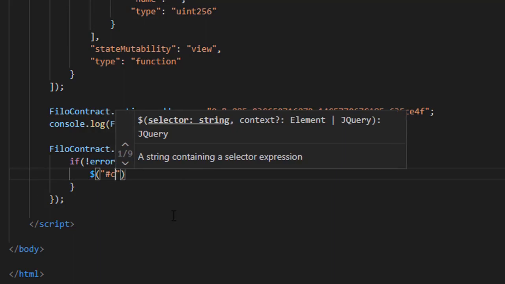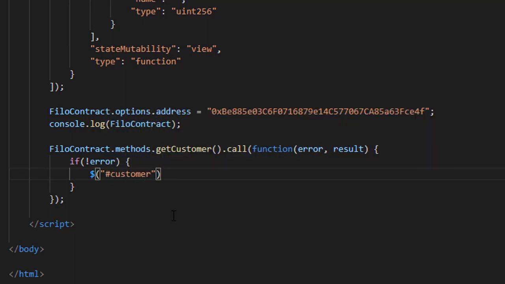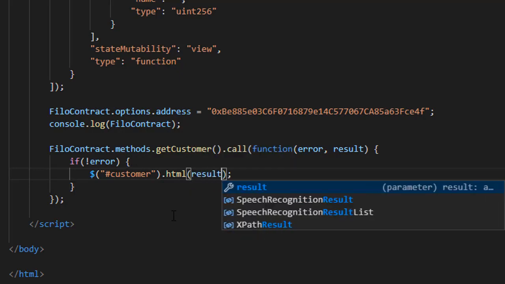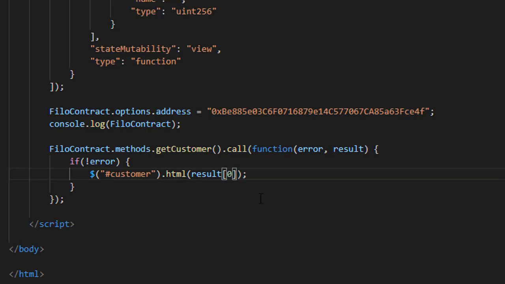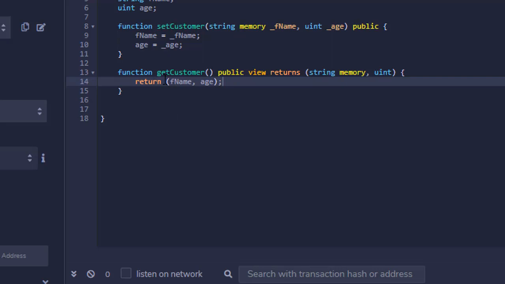So customer dot html, and we are going to add result 0. The result will be an array, because if we see, the get customer returns 2 variables in the form of an array. So first one will be fname and second will be age.